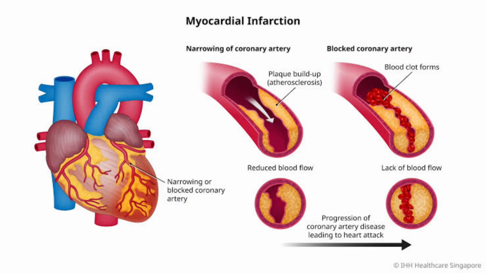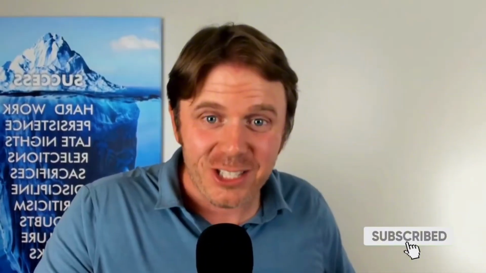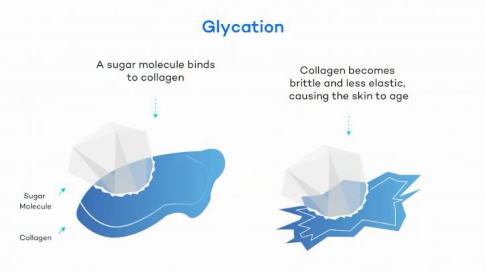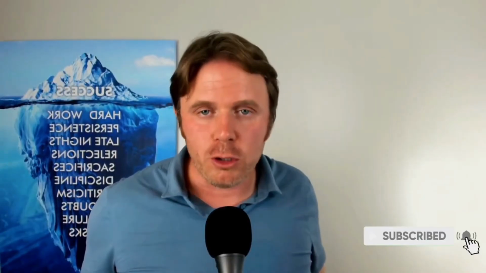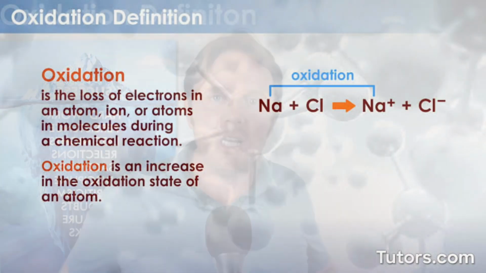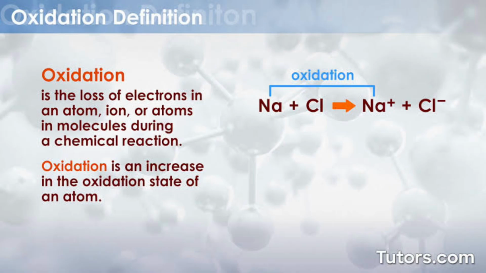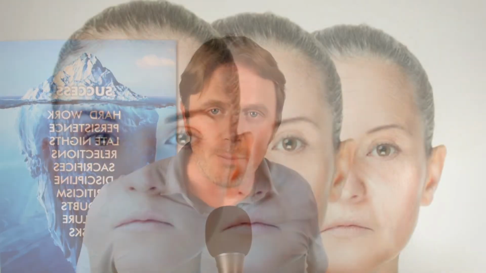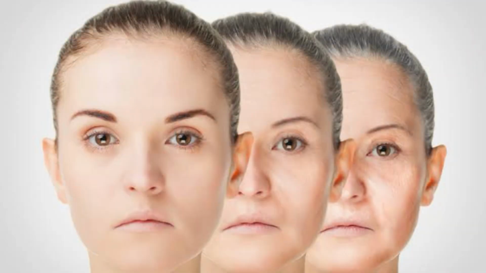Now, when you start to make things sticky and you create glycation, cells start to stick together and agglutinate. So when you have lots of glycation, lots of fructose, you're going to see elevations of fructosamine and eventually your A1C. So you're sugar coating and glycating all of your proteins. The more you glycate the protein, the more it creates internal wrinkling. It creates oxidation of that connective tissue inside and outside, that accelerated aging process. That's known as advanced glycation end products.